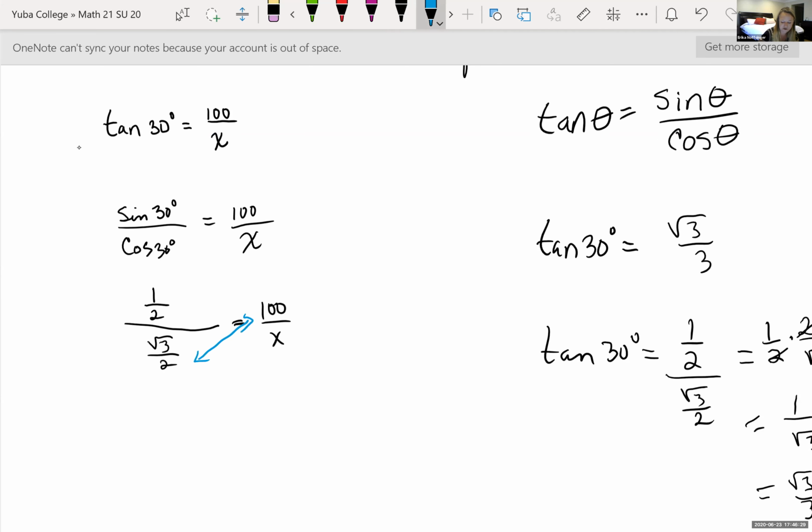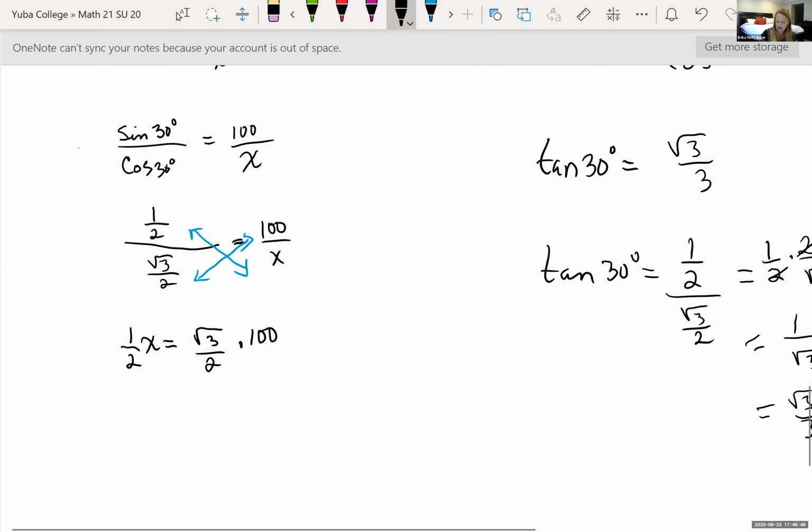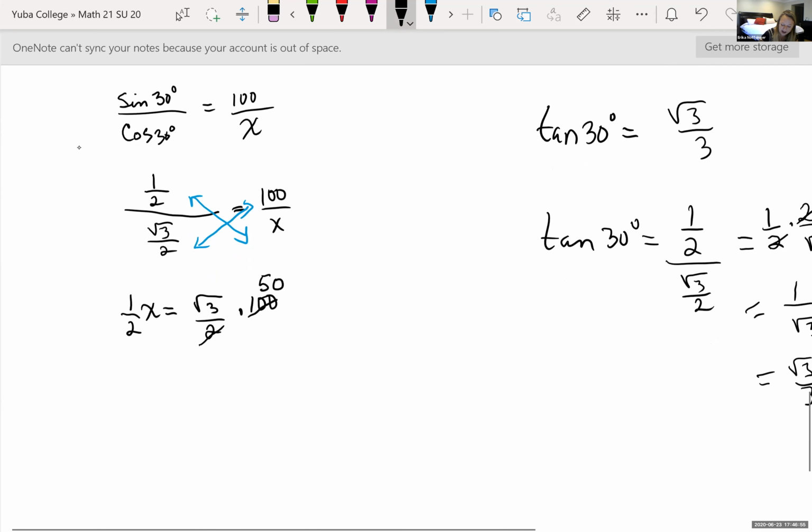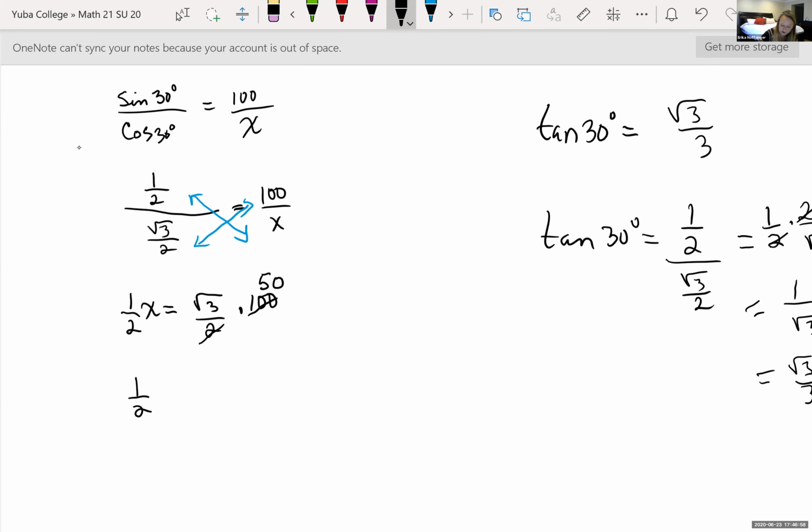So we're going to use cross multiplication to solve for x here. And so I can do that by saying 1/2 times x, or 1/2 x, is equal to root 3 over 2 times 100. Same thing as just clearing our fraction. 2 goes into 100, I notice, 50 times. And so I have 1/2 x is equal to, I'm going to just put the 50 in front of the root 3, 50 root 3. To get x by itself, I can multiply both sides by 2. And so I get x is equal to